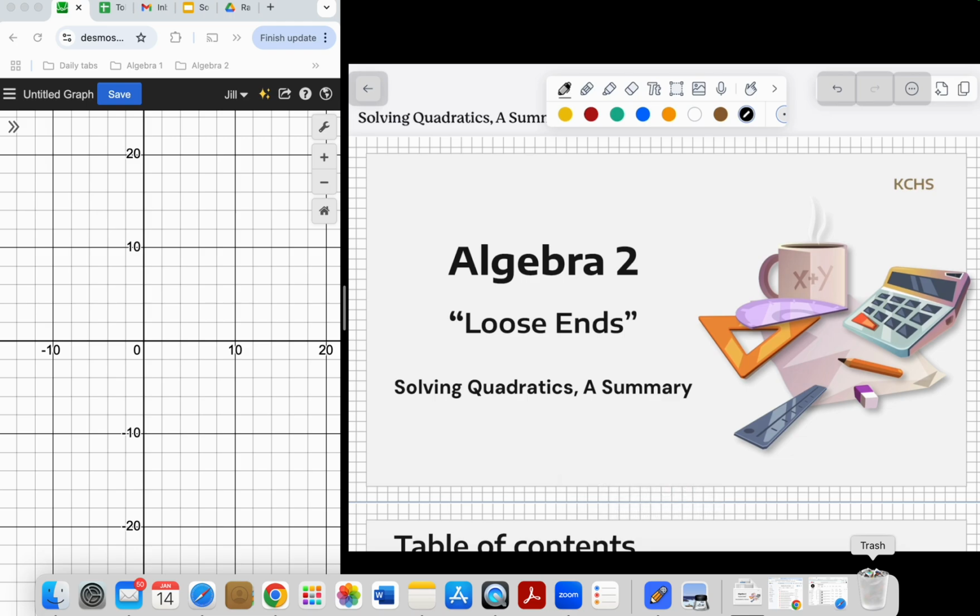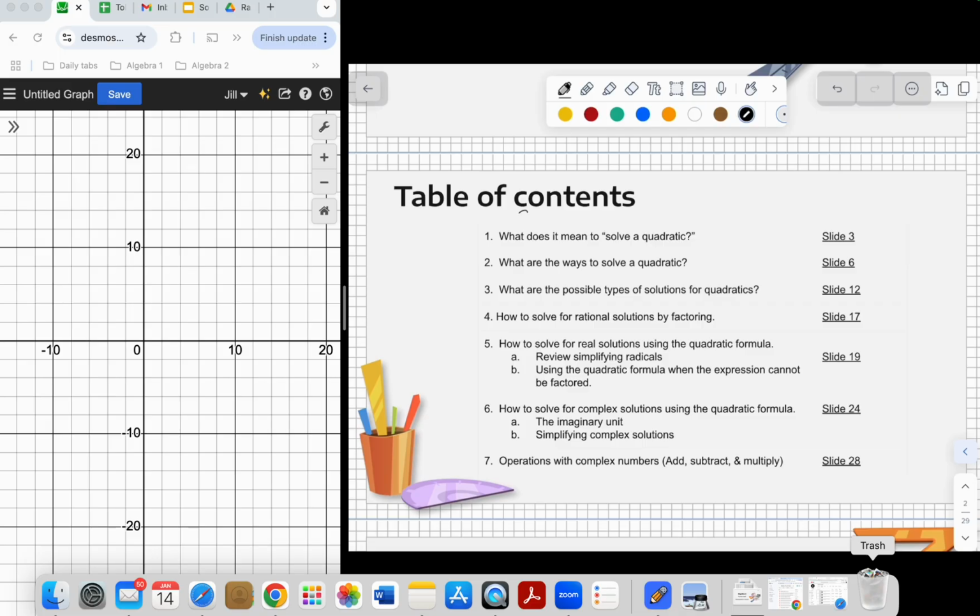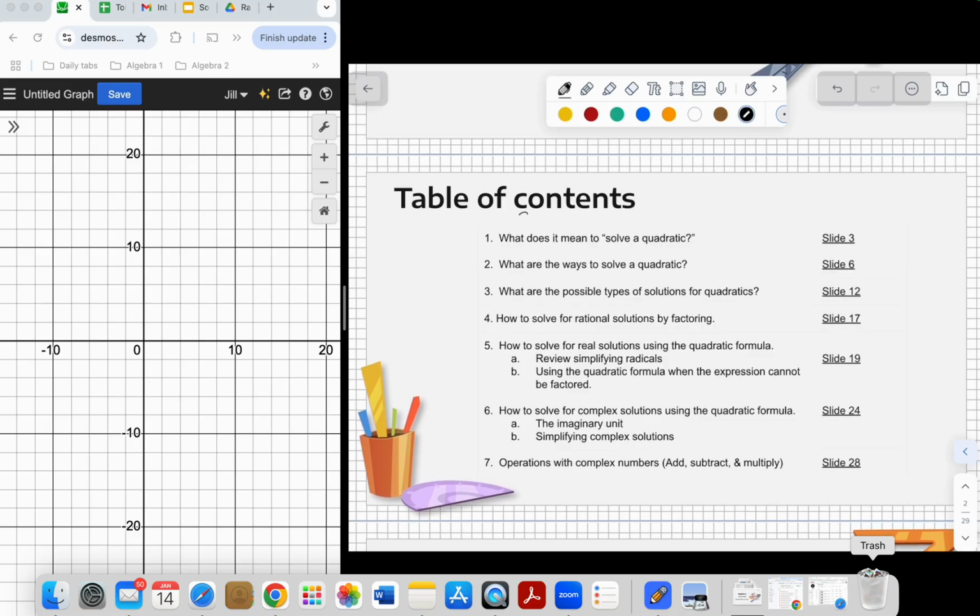So now we're moving on to part 5 of our loose end series. We've looked at what it means to solve a quadratic, the ways to solve a quadratic. We looked at the discriminant to determine the possible types of solutions. Then we went through rational solutions by factoring, and now we're going to do real solutions by using the quadratic